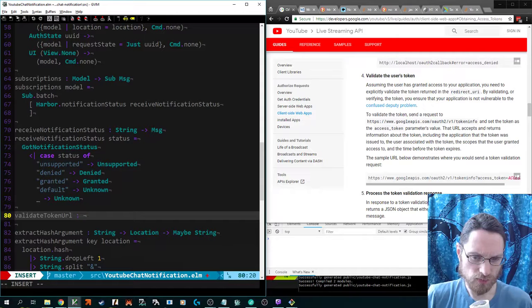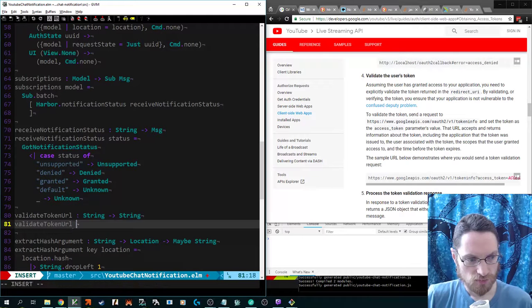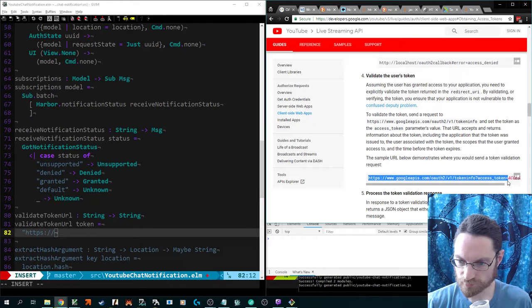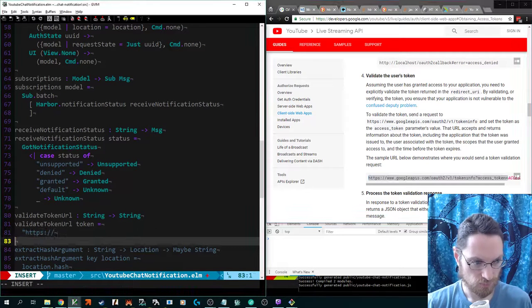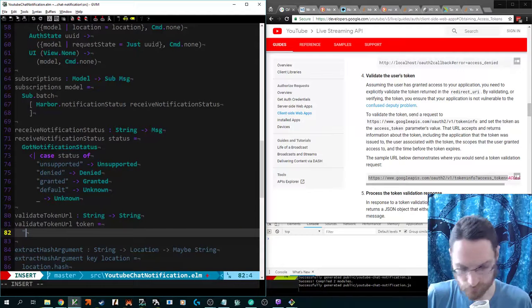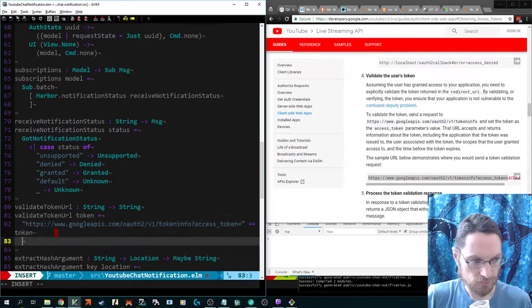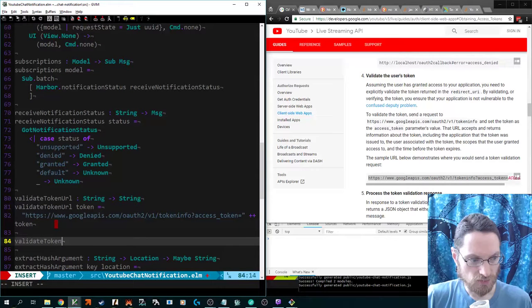You would never validate no token. Access token equals HTTPS. You know, I just don't want to typo this. Access token equals plus token. Validate token